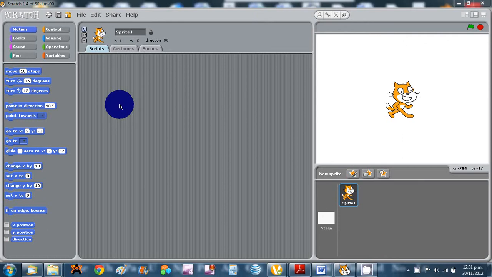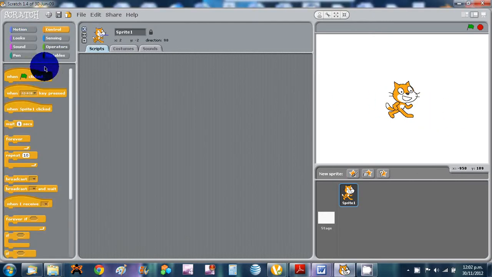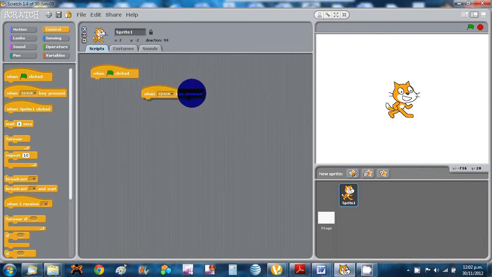Welcome to the fourth tutorial, and today we're going to be making a running cat that bounces off the walls. Well, here's our cat, and here's how it works when the flag is clicked. So we're going to make lots of key press commands,